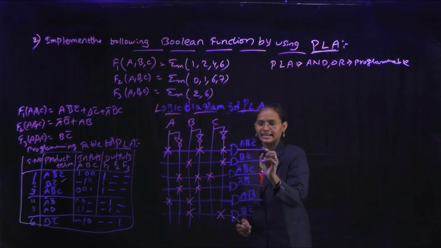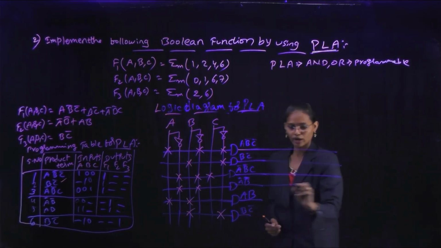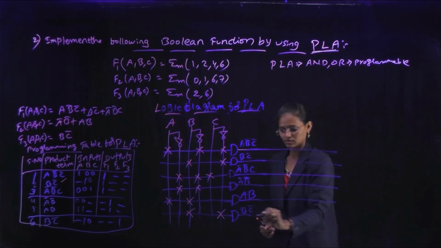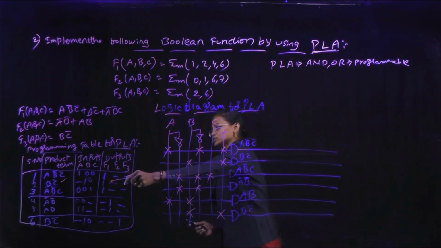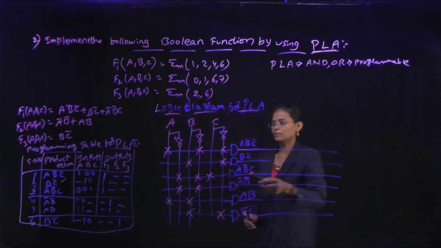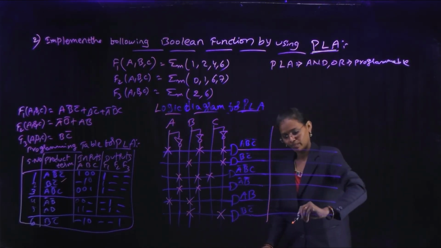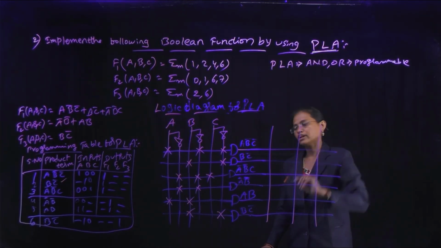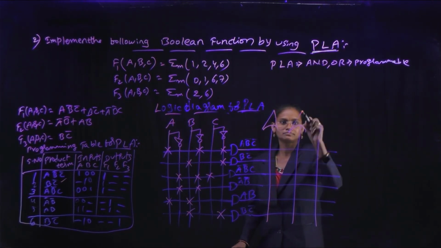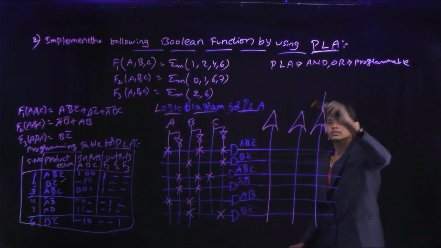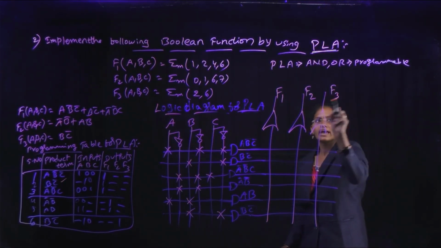These are the AND gates. And we draw the OR gates, which are also programmable. Okay. F1 outputs are A B bar C bar, B C bar and A bar B bar C. First we draw the lines for our outputs. How many outputs here? 3 outputs, so 3 OR gates. This is the F1 output, this is the F2 output and this is the F3 output.